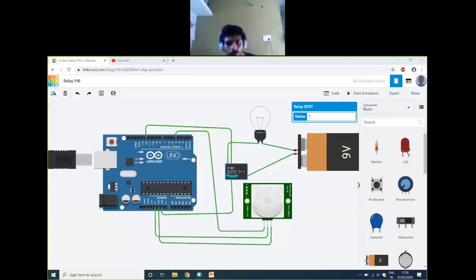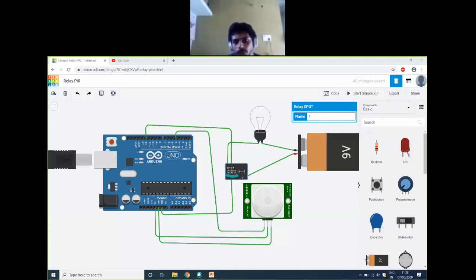Like you cannot use a 230 volts, 3 amps relay for a heater. If you want to switch on your geyser and all, it takes around 6 amps, so you cannot use that. To use the relay with correct settings, you need to observe the ratings. So here it is written as 3 amps 125 volts, 3 amps 24 volts: 3 amps 24 volts DC, 3 amps 125 volts AC.